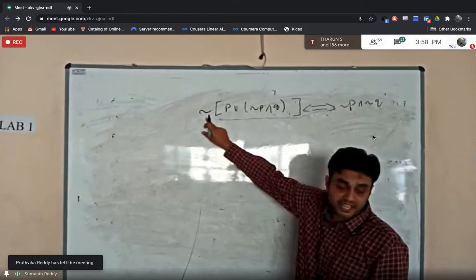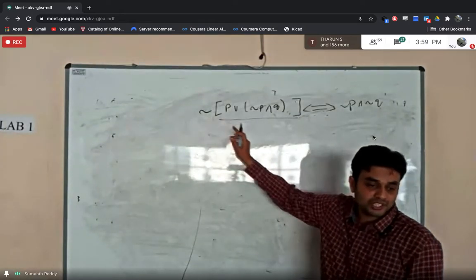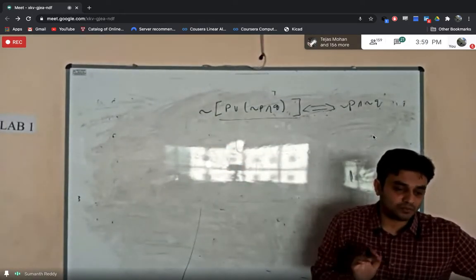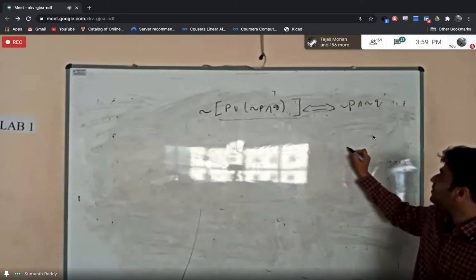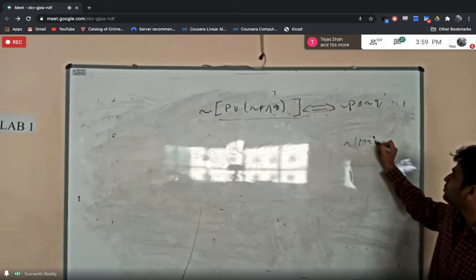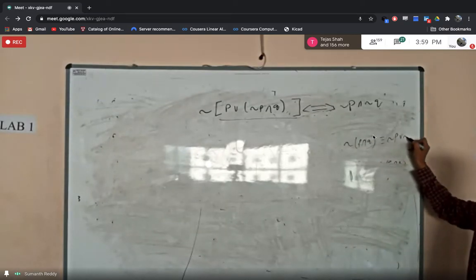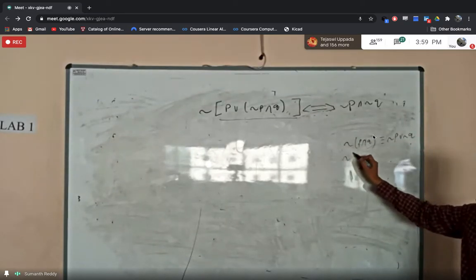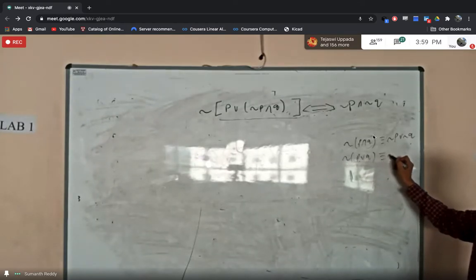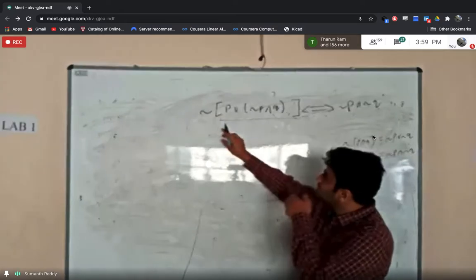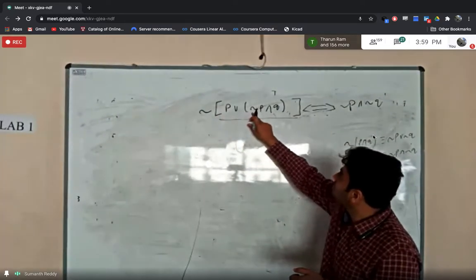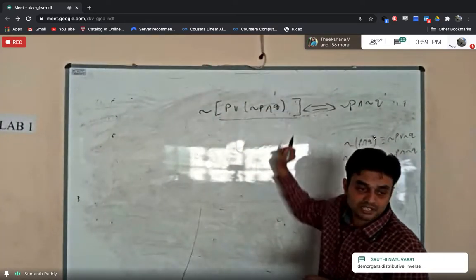proposition, we have negation here. Okay. So initially, if we have the negation, there is only one law which deals with that. That is De Morgan's law. So De Morgan's law states that if I have negation of P ampersand Q, this is the same as negation of P or negation of Q. Similarly, if I have negation of P or Q, this is the same as negation of P ampersand negation of Q. So based on this, if you observe, I have negation of P, or you just consider this entire thing as Q itself, right?